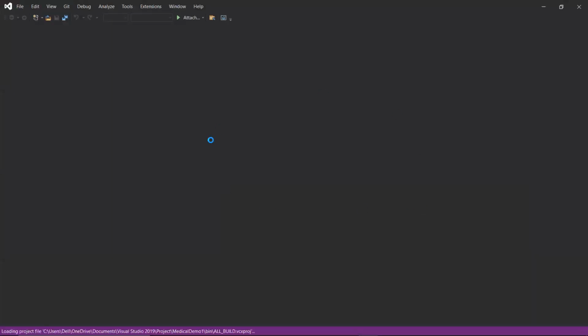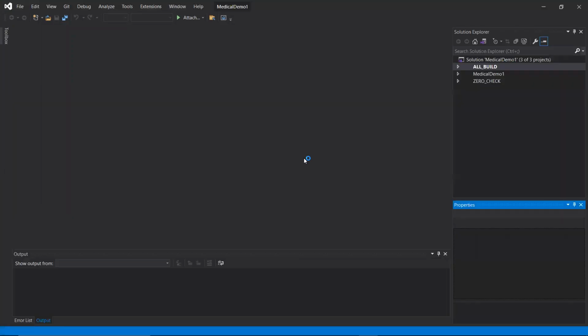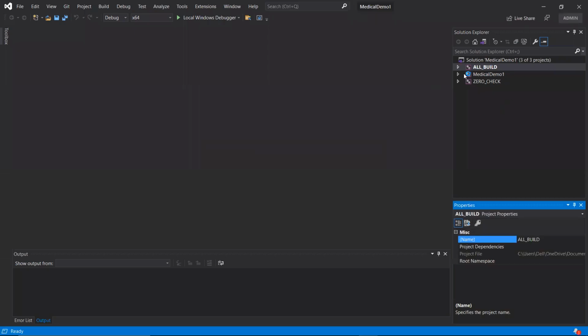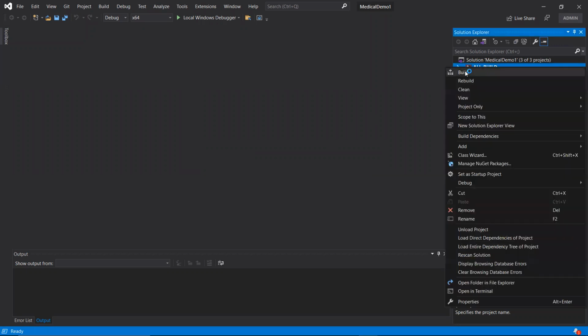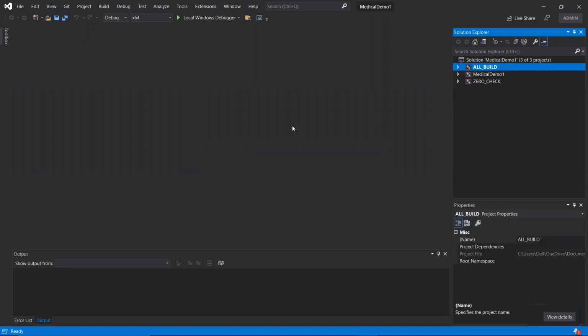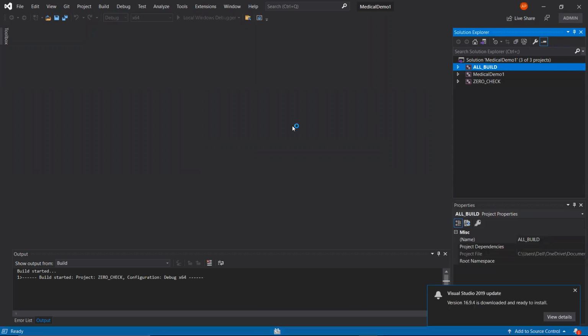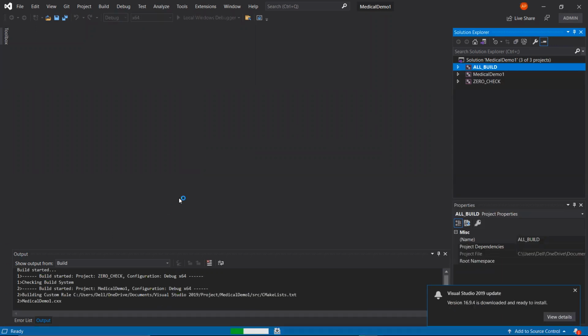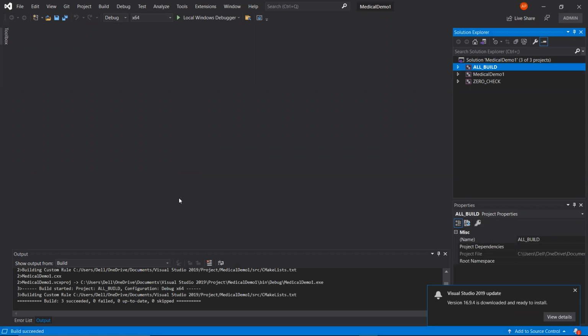It will open inside our Visual Studio Professional environment, which is basically used for building applications. Just right click on ALL_BUILD and build the application. The build has been started. Build completed successfully.